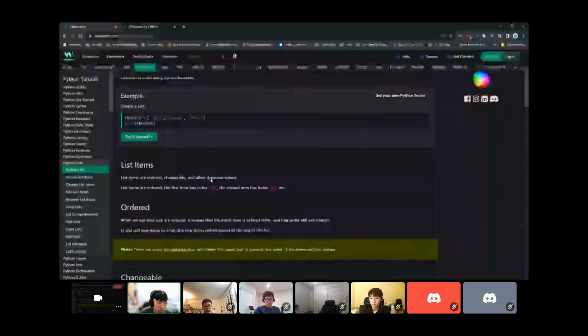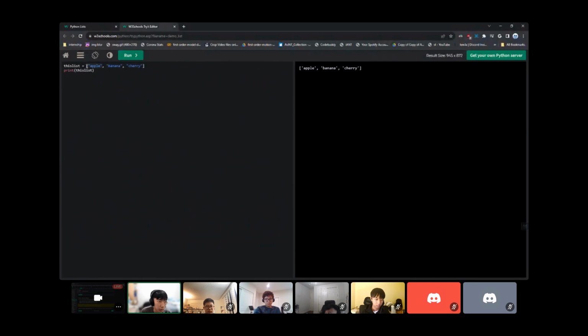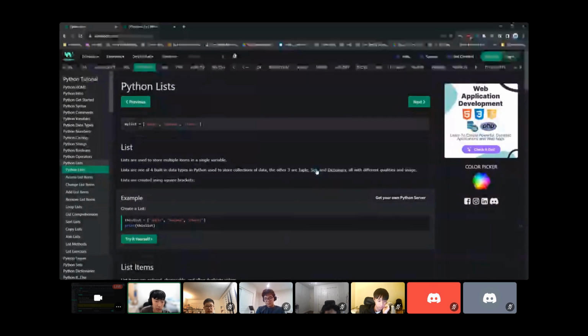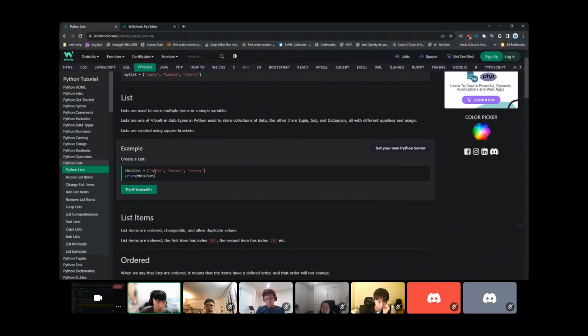So for list items, lists are ordered, changeable, and allow duplicate values. So what this means is that lists have an order. Apple will always be first, banana will always be second, cherry will always be third. For some of these other data types, right? So like sets, for example, sets are unordered. There is no order, okay? It doesn't matter whether Apple is second, third, or first, the set doesn't care about that. But for lists, they do care. So this is always going to be first, this is always going to be second, that's always going to be